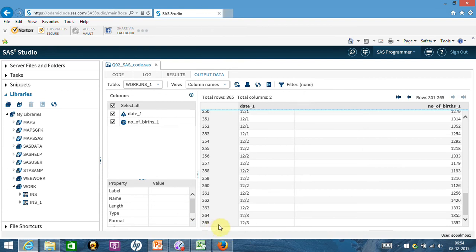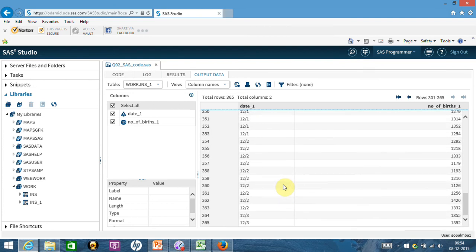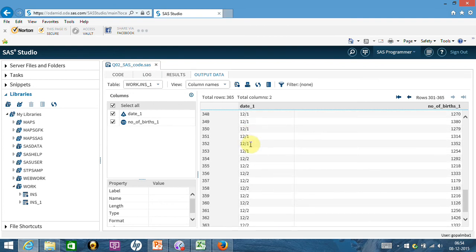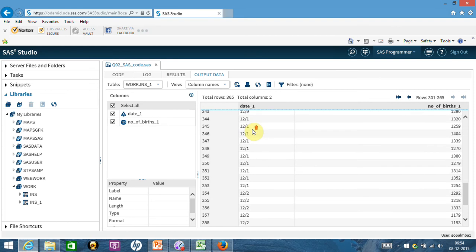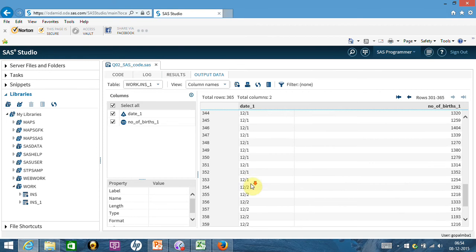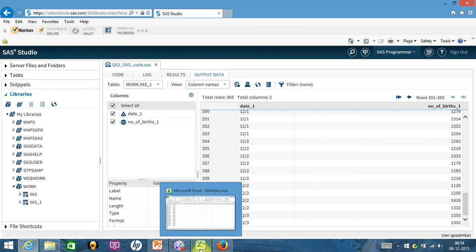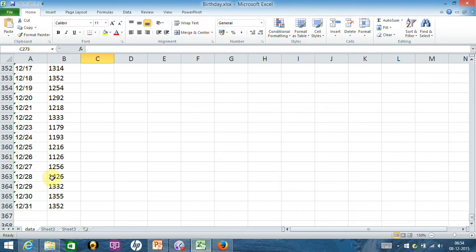Now if you look at the data, it has actually come with a little problem, because it is showing 12 1 12. If you look at row 365, it is coming as 12 3, whereas in our data set the bottom row is actually 1231.